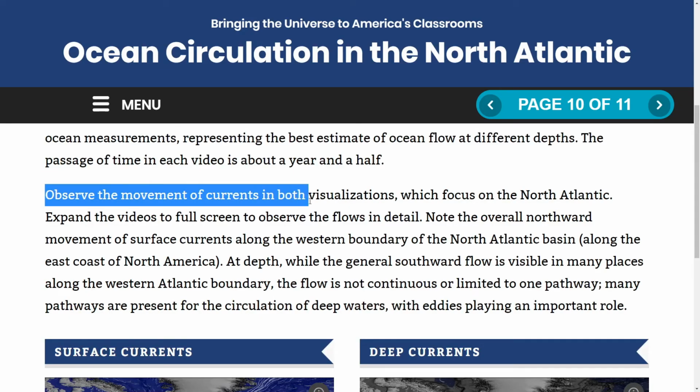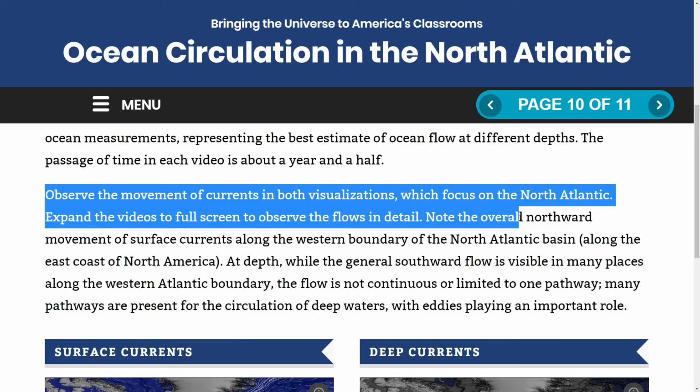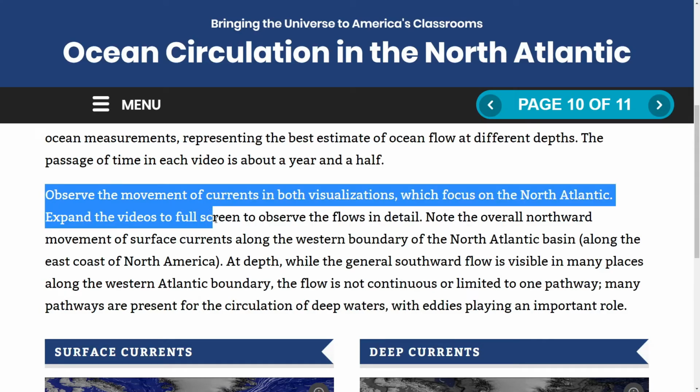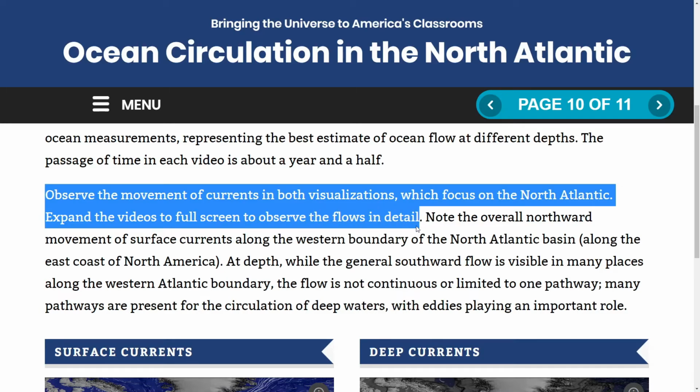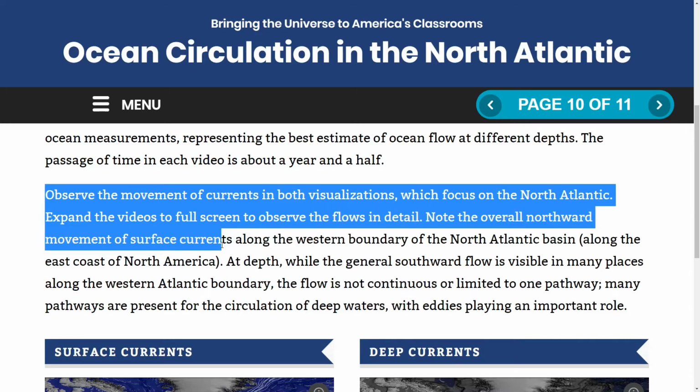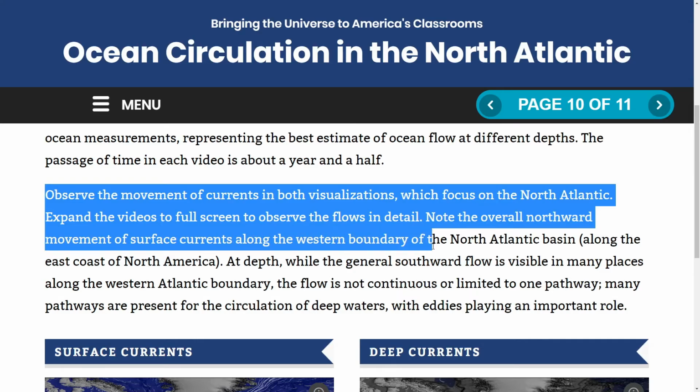Observe the movement of currents in both visualizations, which focus on the North Atlantic. Expand the videos to full screen to observe the flows in detail. Note the overall northward movement of surface currents along the western boundary of the North Atlantic basin, along the east